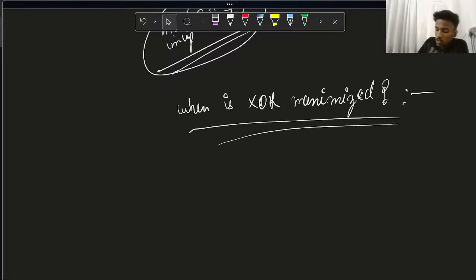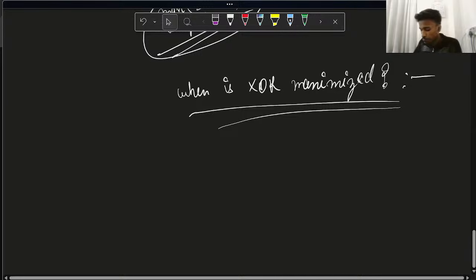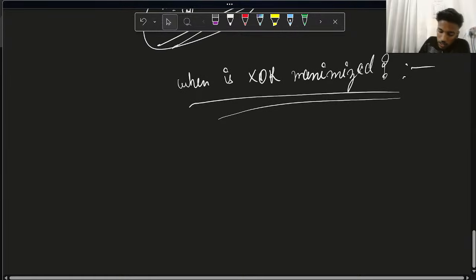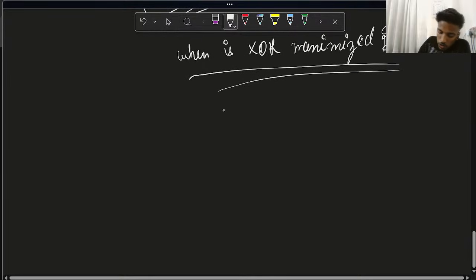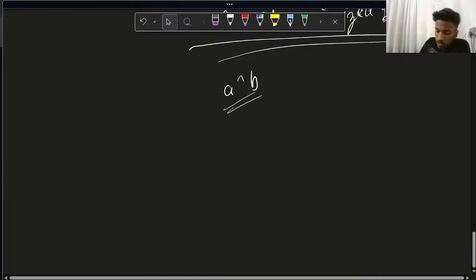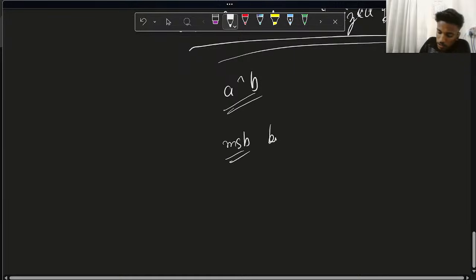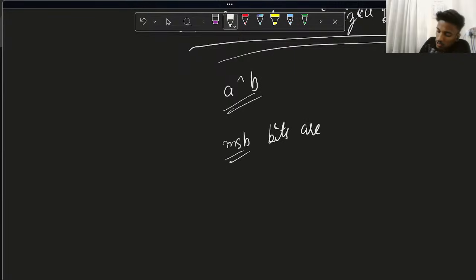So XOR, like A XOR B, is maximized when the MSB bits are 1. Okay, MSB bits should be 1, and the LSB bits also you should like